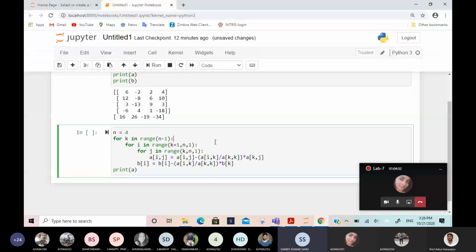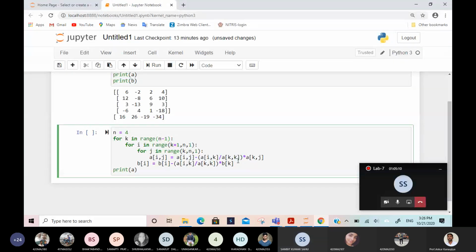Hello, sir. Yes, tell me. For k in range 0 to n minus 1, or only n minus 1, is there a 0? Yeah, it is written n minus 1, that means it will start from 0 only. If you write any number here, suppose you write 5, that means it is 0 to 4. If you write 7 here, that means 0 to 6. So 0 comma this, both are same. If you do not write anything, it starts from 0 only. Okay, sir. Okay.